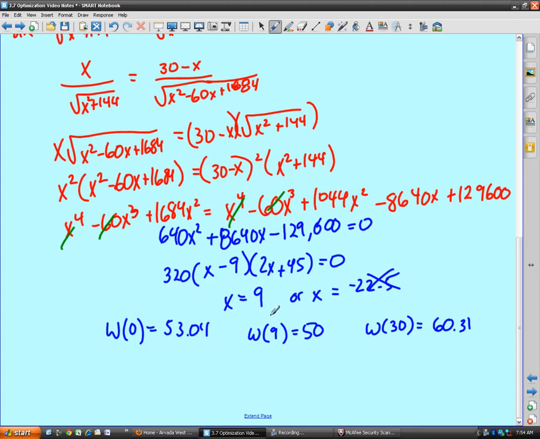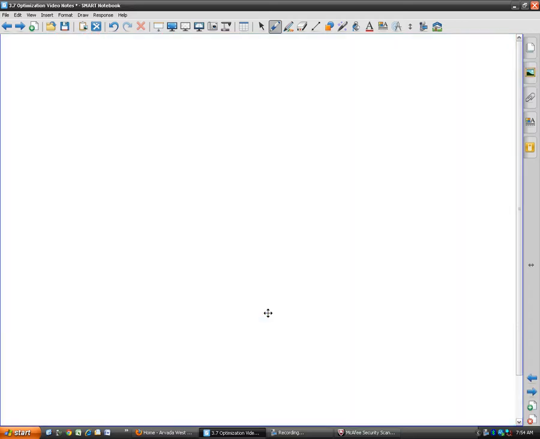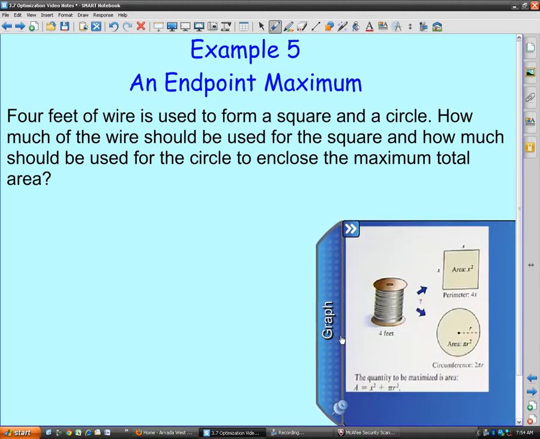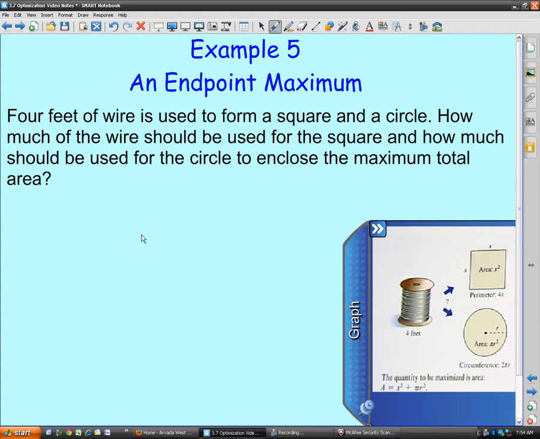All right, so then our final example is finding the maximum, and I'm going to pull a picture out here just so you can see them. We have 4 feet of wire to be used to form a square and a circle, and so how much wire should be used for the square, and how much should be used for the circle to enclose the maximum area? And so first thing I'm going to do is write a primary equation, and the primary